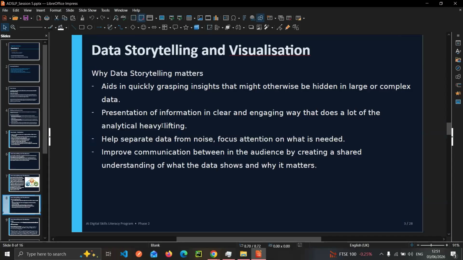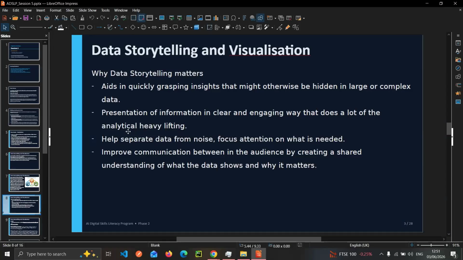So, why data storytelling matters? The first thing is it aids in quickly grasping insights that might otherwise be hidden in large or complex data. Presentation of information in a clear and engaging way does a lot of the analytical thinking, that is, lifting the analytical thinking.